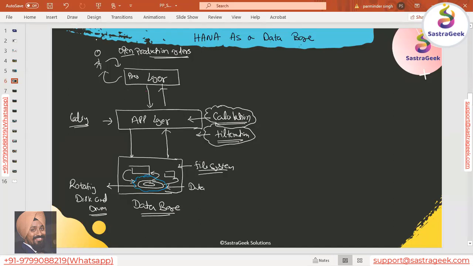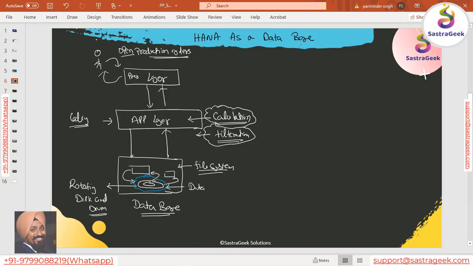There is always a default limit of 500 records. That's all to make sure that we are not extracting so much data together from the system, because whenever you try to get so much data, this file system and this rotating disk and drum put a lot of load on the performance and consume a lot of your system bandwidth.